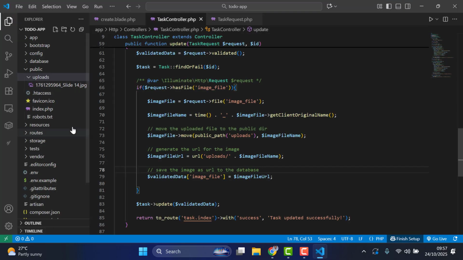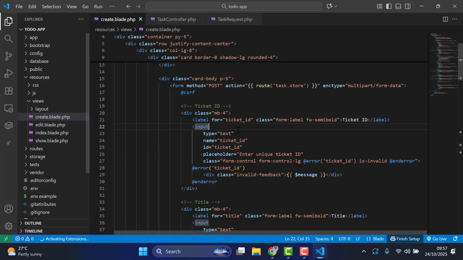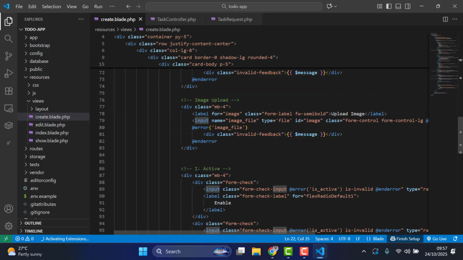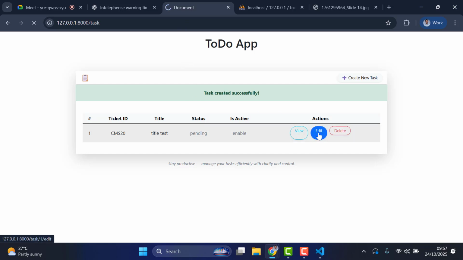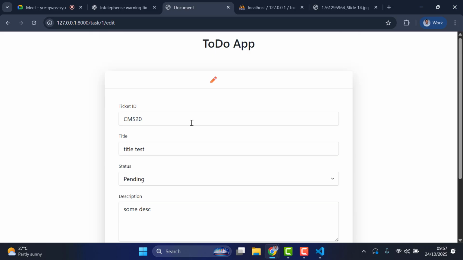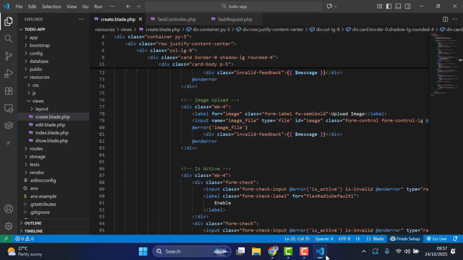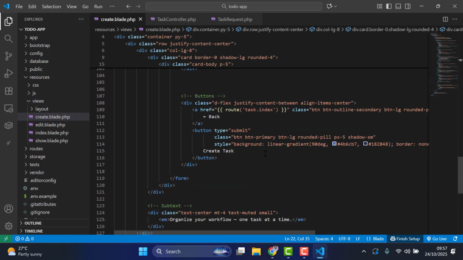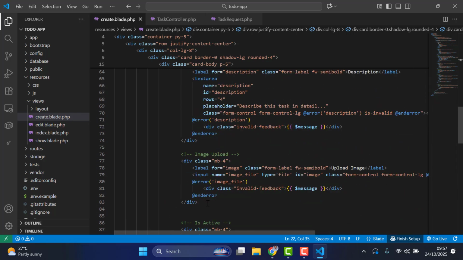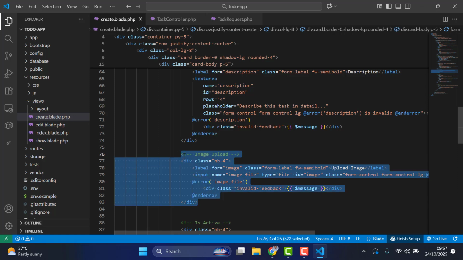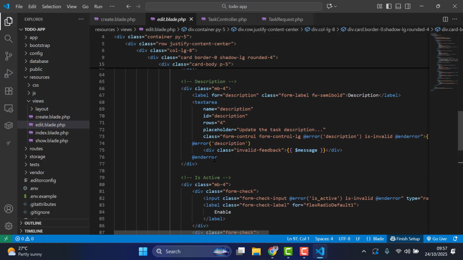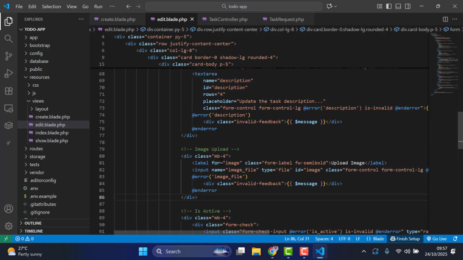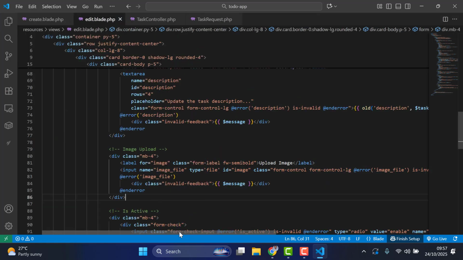Oh, we can't test the updates yet because we only did it in the create, like we don't have it yet in the update page. If I click edit, we don't have image stuff here. So let's copy it from what we did here in the create image upload. Copy, then go to the edit. Let's put it in the same position here. So paste,